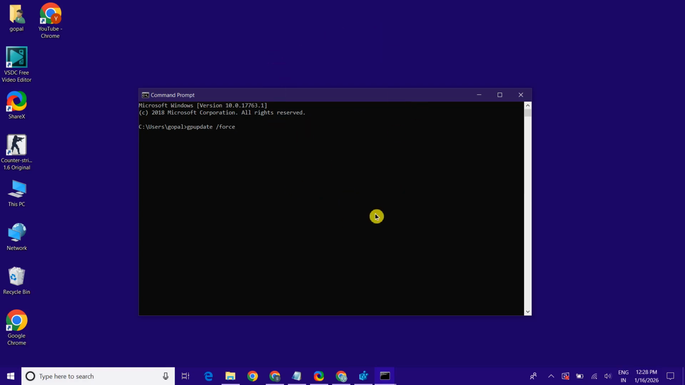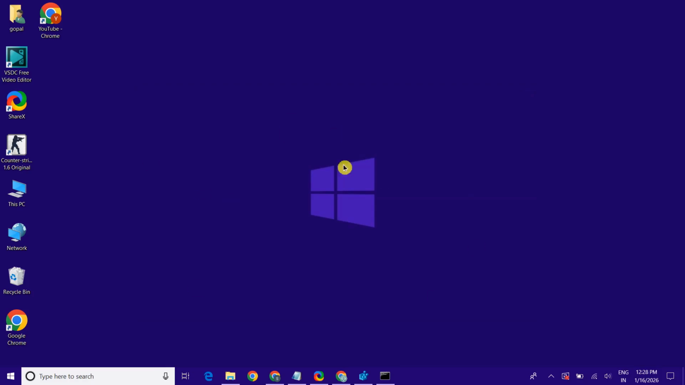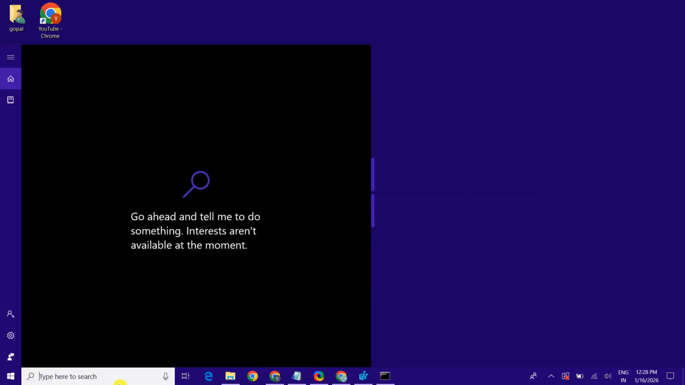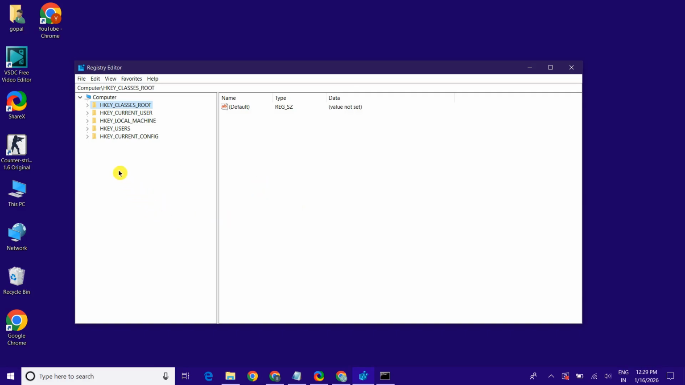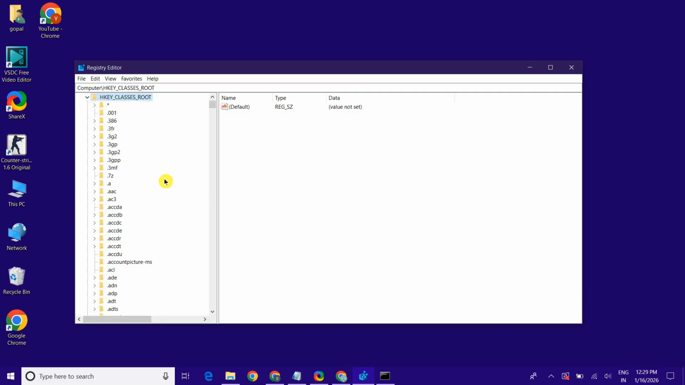After finishing this process, close this window and again drag your mouse to the search box, type Registry Editor, and click on Run as administrator. After opening Registry Editor, expand HKEY_CLASSES_ROOT and scroll down a little bit, and here you can see